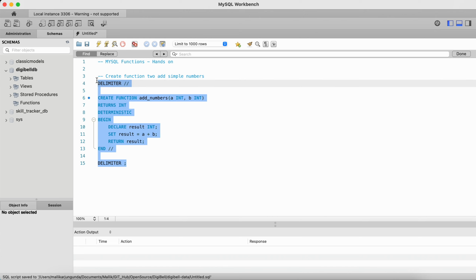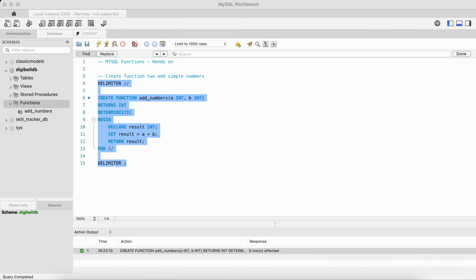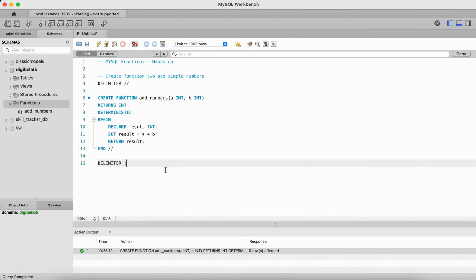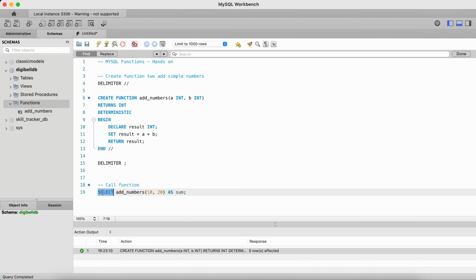So let's try to create this function, and when you create it, the function has been created. If you want to see your function in MySQL developer, you can see the list of functions that are available on this particular database, right? Now once we create the function, how do you call that function? Functions can be called inside an SQL statement. So how do you call an SQL statement? Using the SELECT keyword, right? In a similar way you can call your function